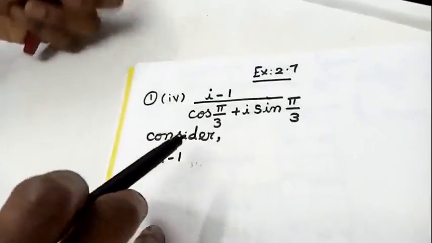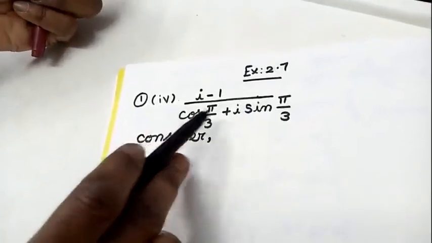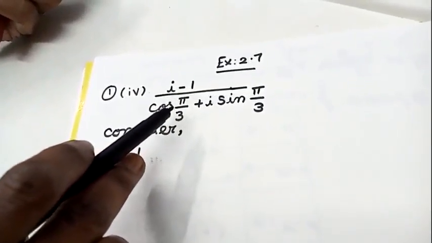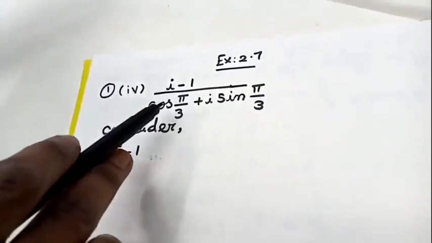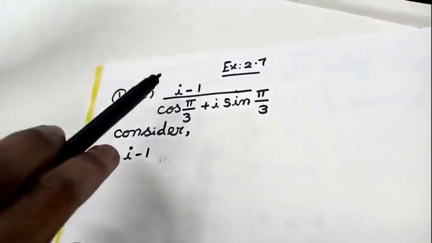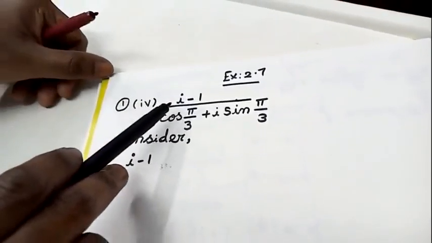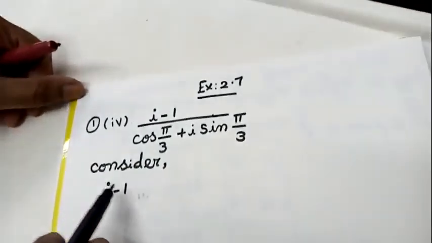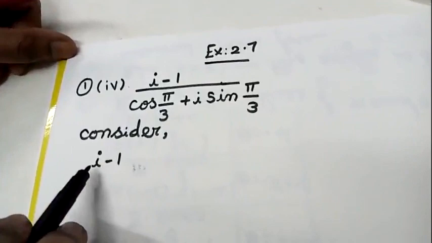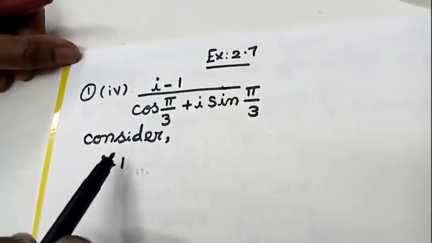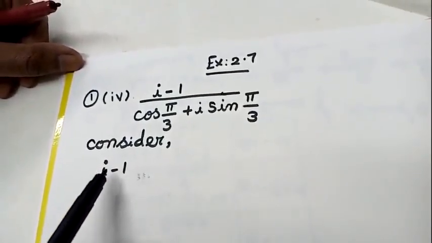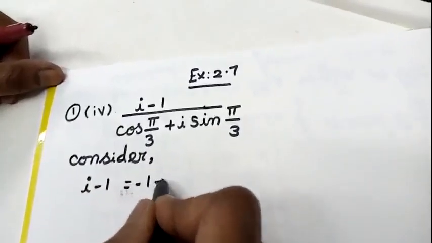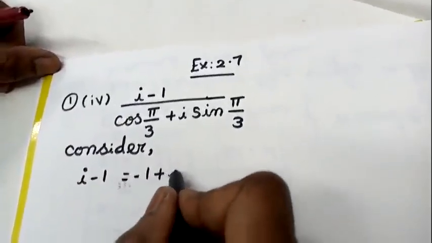Exercise 2.714. I am going to write this complex number in polar form, students. What I am going to do is, first I am going to simplify my numerator. So what is the numerator value given here? i minus 1. So first I'm going to write this i minus 1 in polar form. To see how I'm going to write here, I'm going to take this i minus 1. First I'm going to interchange and write that is minus 1 plus i.